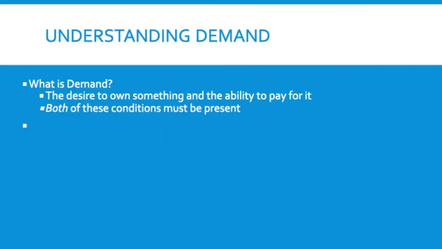understand it as consumers. So we think about what is demand: the desire to own something and the ability to pay for it. Obviously, if you don't want something, you don't demand it. So that's the desire to own. But the ability to pay for it, you have to have the ability to afford whatever it is you want to buy. So I don't demand a helicopter because I can't afford to buy a helicopter. I don't have the ability to pay for a helicopter, so I can't demand it. Even though I greatly want one, I don't have the ability to buy it. So you have to have both the desire and the ability to pay for it. Both of these conditions have to be present to be considered part of demand.